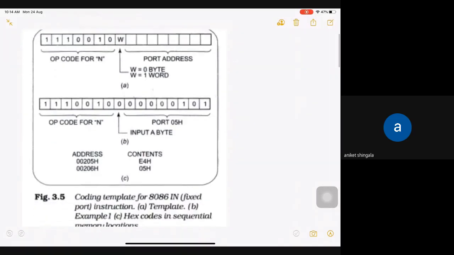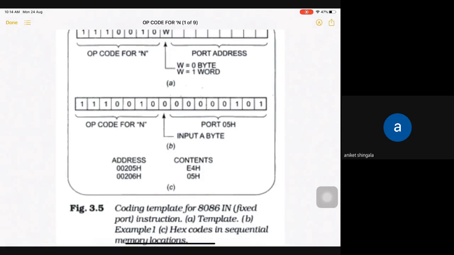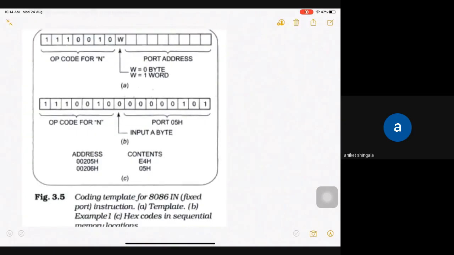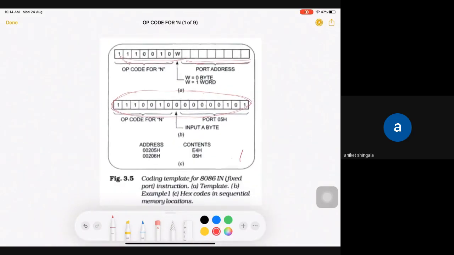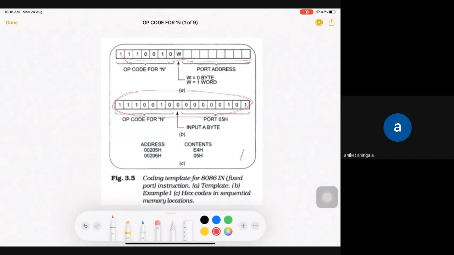Fine. So today we are going to learn how to convert your 8086 instruction into machine code. As you can see here, this is an example of an instruction which is already available. This is 8 bit, this is another 8 bit, so in total this is 16 bit if you count it. Your instruction depends on which kind of instruction you are using. In our exam, the syllabus will only have the MOV instruction, and we need to convert the MOV instruction into binary, but this is just an example.